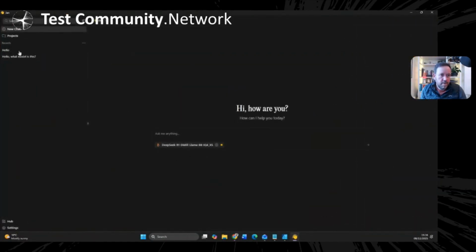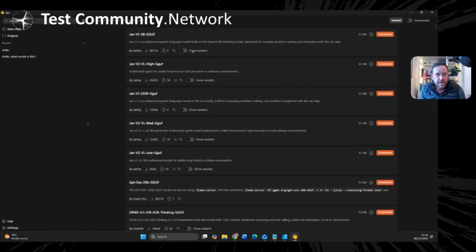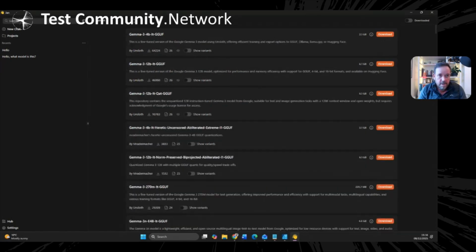So what that will mean is you're given a chat window. You need to then install a large language model. That means you download it from the internet. And you can see we've got one here already, but I'll show you where you go for that. If you go to Hub, you just need to find a model. So a good one to start with, if you want to try the DeepSeek ones or try the Gemma ones from Google, what this means is you're going to download a model. This is a 2.1 gigabyte model, so not a big model.